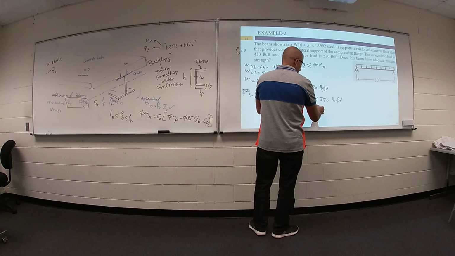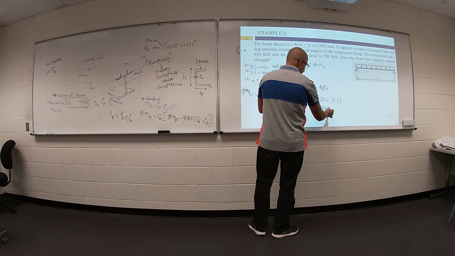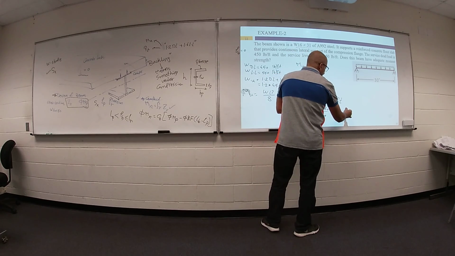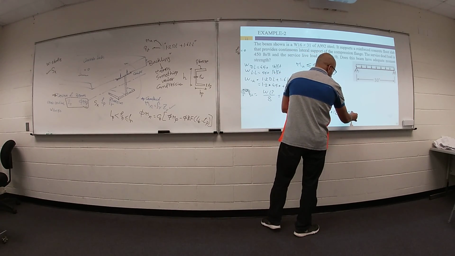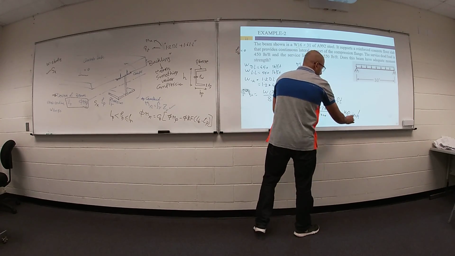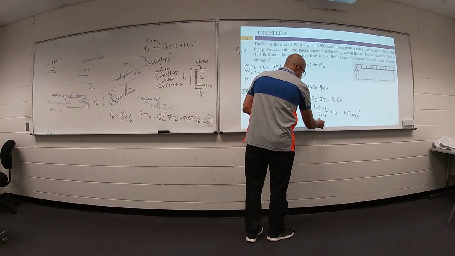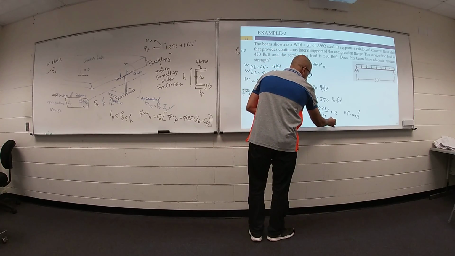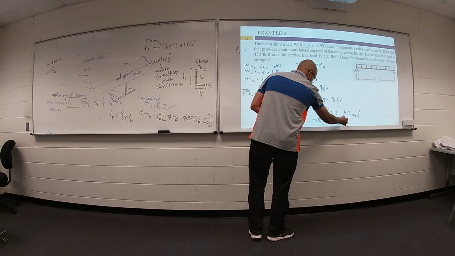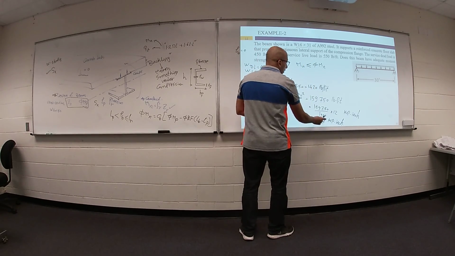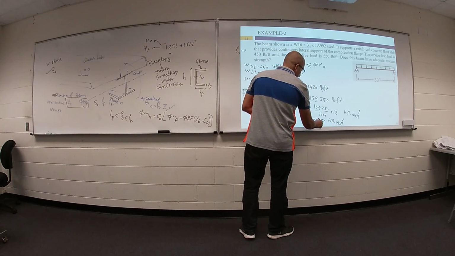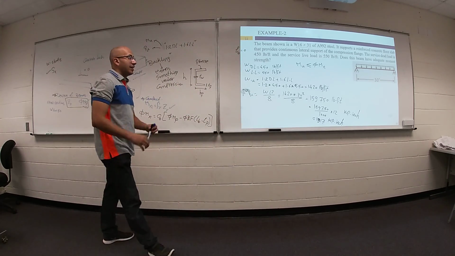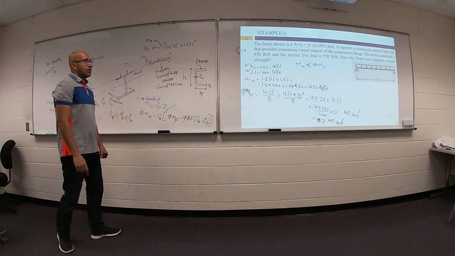So 159,750 divided by 1000 times 12 to be in kip inch. 1917. 1917 kip inch. So first